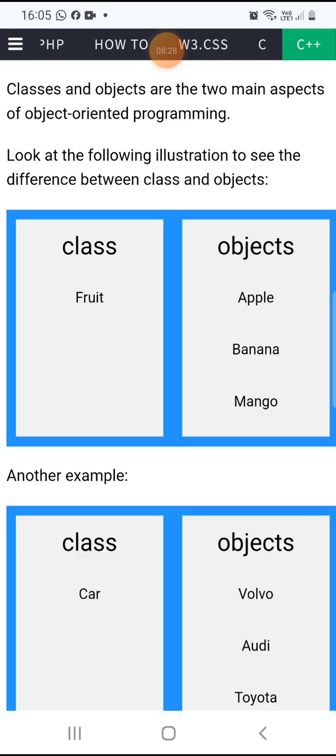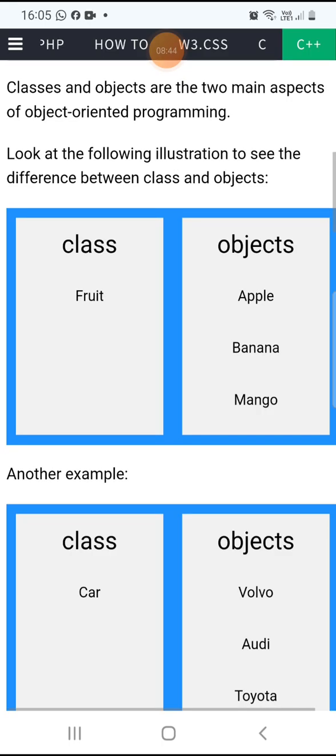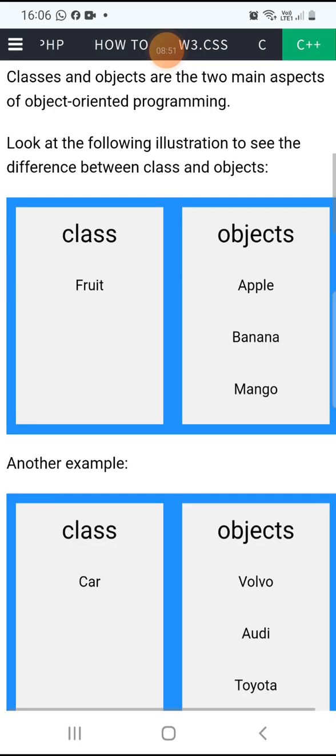Understood that? So in a student class, suppose 30 students are there. Now these 30 students are part of a student class. If I call Rohit, Rohit will stand up, otherwise Rohit will raise his hand to give the answer. Now Rohit is an object of student class. And Rahul is there beside him. If I call Rahul, Rahul will reply, not Rohit.